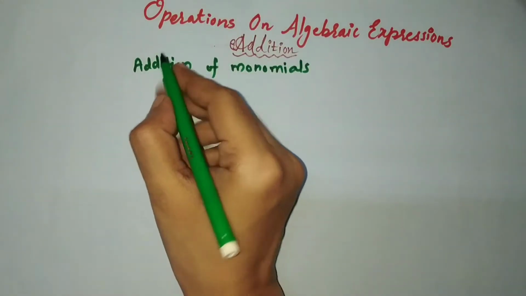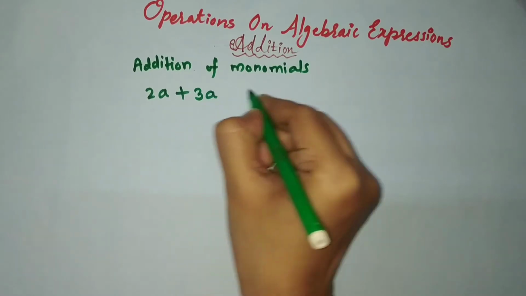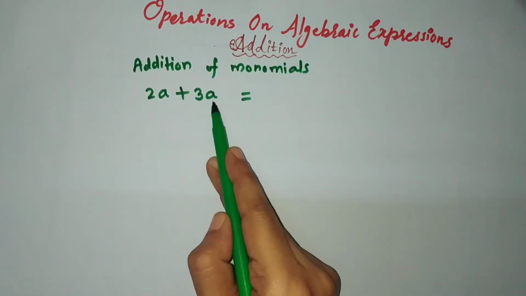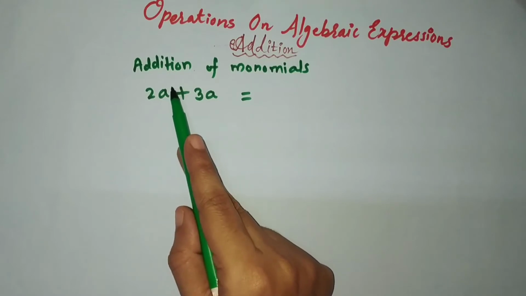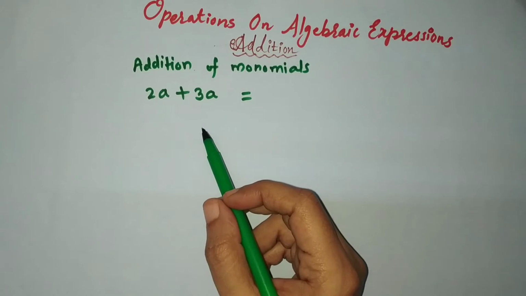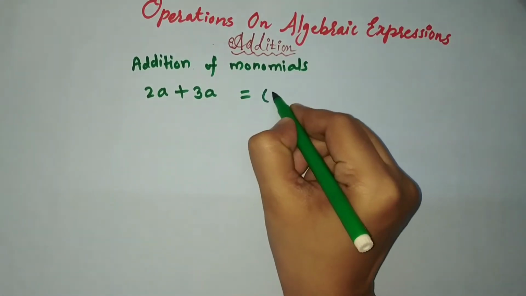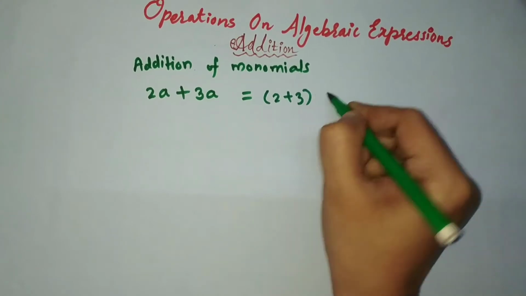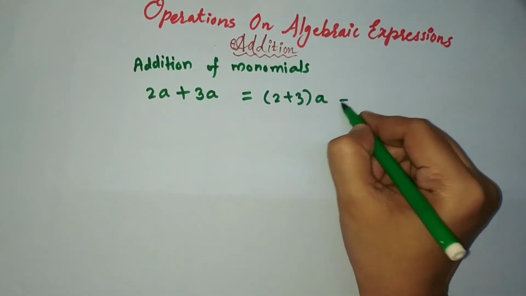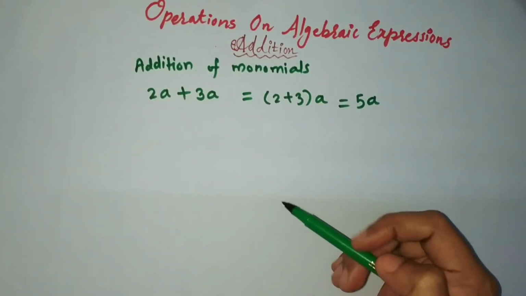So here in addition, for example, we are having 2a and we have to add with them 3a. So friends, here you can see that a is the variable, and here also a to the power 1 is used, and here also. So 2a and 3a, these are the like terms. So you can do it. What you need to do? You just need to take addition of these integers and a will be common here. Why? Because a is a like term here. And you can directly write 5a. Otherwise you can perform this step directly.